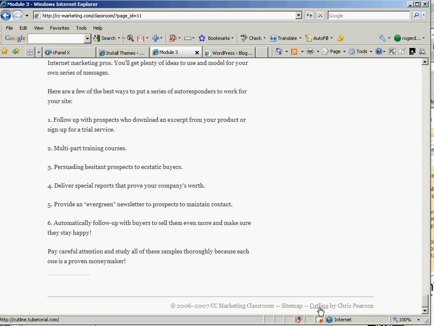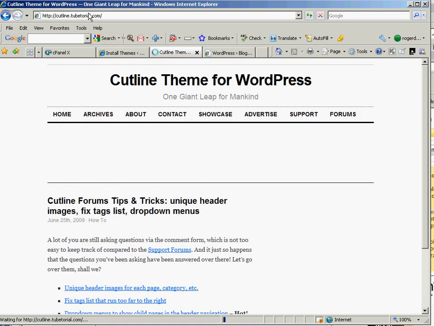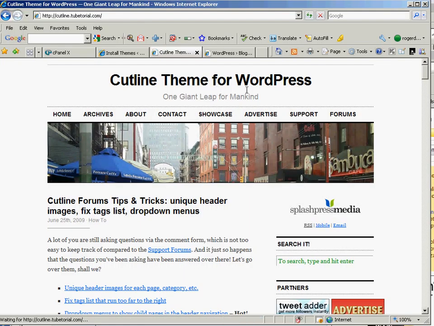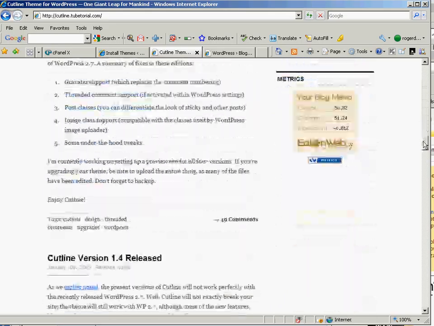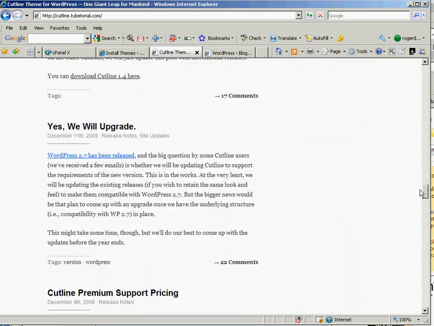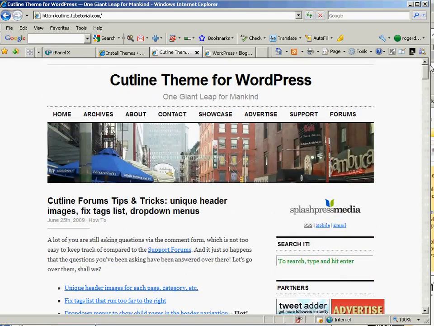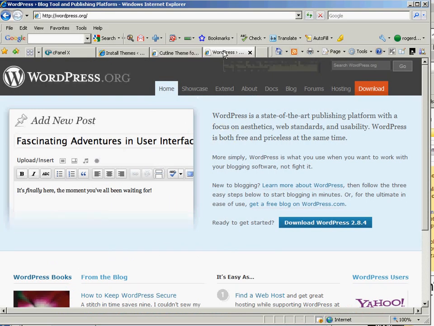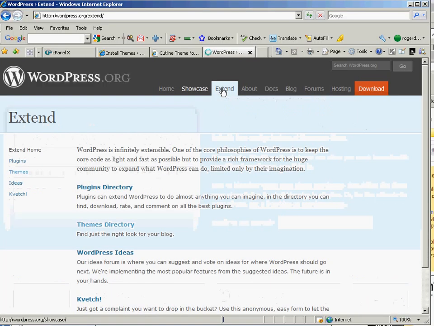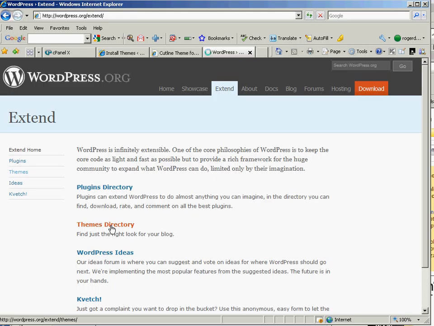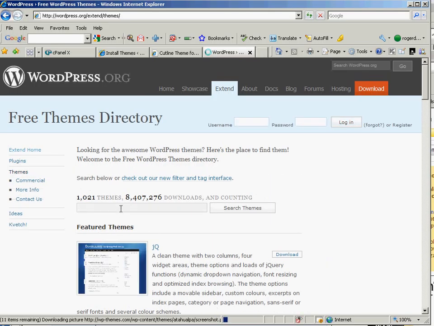So if you go to cutlinetutorial.com, this is the Cutline theme for WordPress. That is very SEO friendly. It's very fast and effective for blogs and content like that. But you can go to WordPress.org. You can go to the extend, click on the themes directory, and just search for many different themes that you want. For instance, we'll look for the word blue,